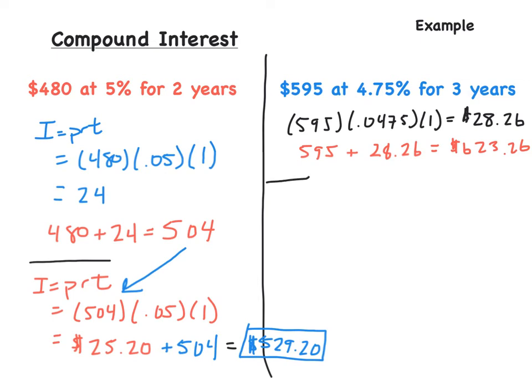Second year, we would use this $623.26, multiply it by the interest rate again, times 1. When we do that,